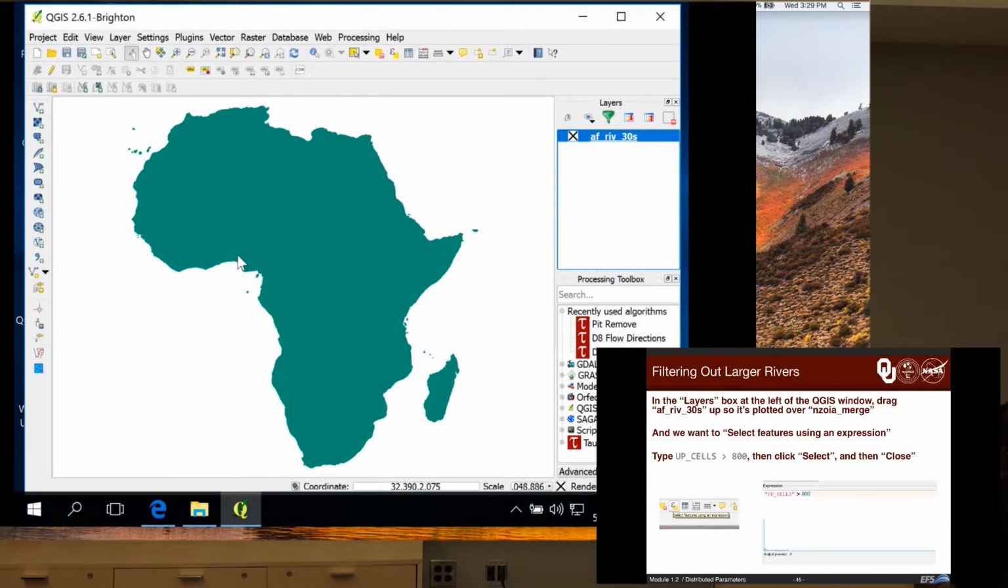So what we're going to do is all of these are rivers that make up Africa. Next, we're going to filter out large rivers. In the layers box, in mine it's on the right-hand side, but in most QGIS it's on your left-hand side. What we're going to do is